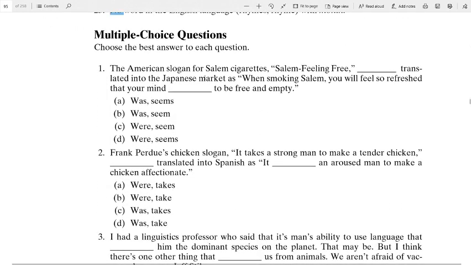The American slogan for Salem cigarettes, Salem feeling free, was translated into the Japanese market. So this is referring to slogan. Okay, so definitely was translated. Later into the Japanese market, when smoking Salem, you will feel so refreshed that your mind seems to be free and empty. That is referring to your mind. That is also singular. So in this way we can practice, I think, and I hope that you have no confusion,